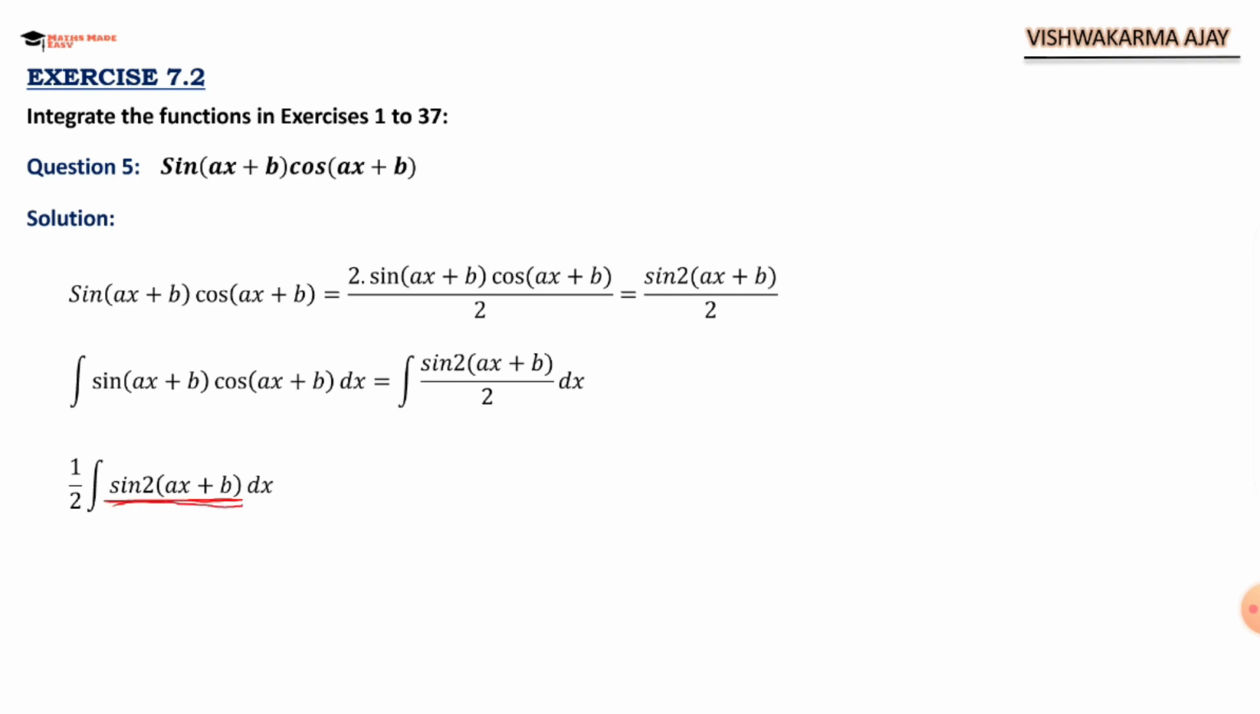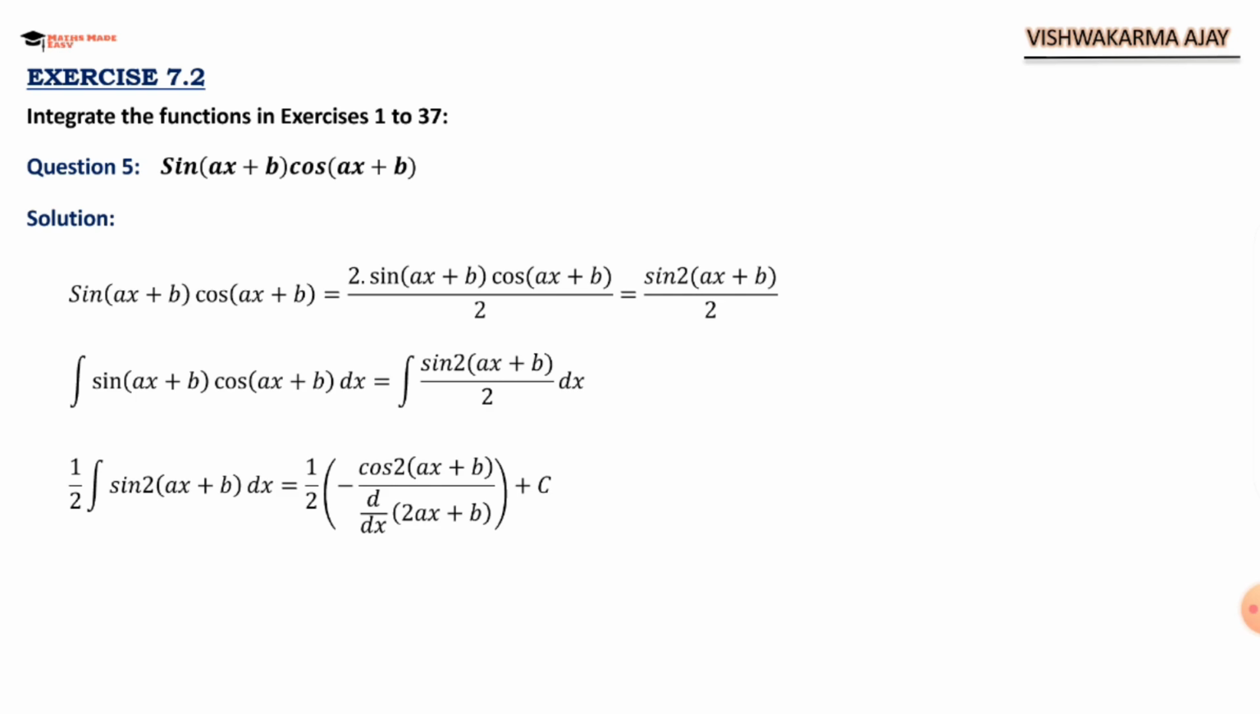Now integration of cos, I'm sorry, I'm always confusing between cos and sin. Please, for sin 2 ax plus b, integration of sin is cos, right? With a negative sign. So what I will be doing here is minus cos of 2 ax plus b, and further I will divide